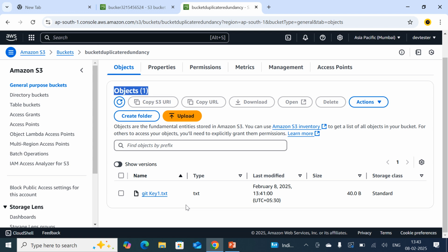Yes. Is it replicated or not? Earlier, did I have anything? Right now I am in which bucket? Right now I am in the bucket which I created in the Mumbai region. I didn't upload anything, but automatically the file which I uploaded into the bucket in Northern Virginia was replicated to the bucket in the Mumbai region. This is possible with the help of replication rules. This is all about S3 bucket and I hope you guys understood.